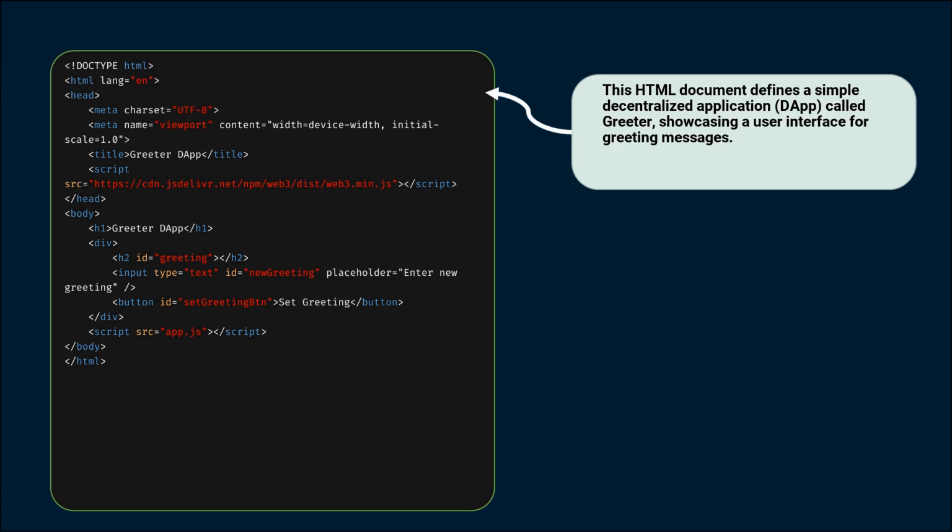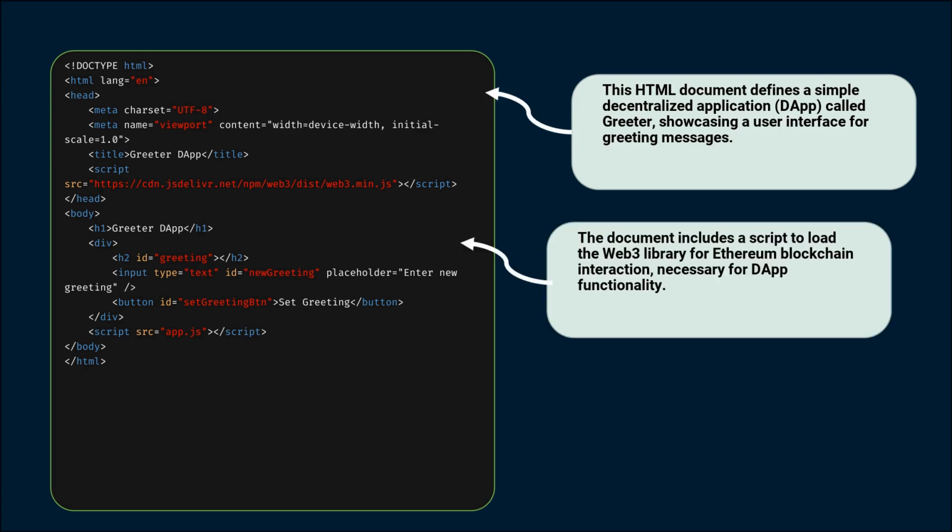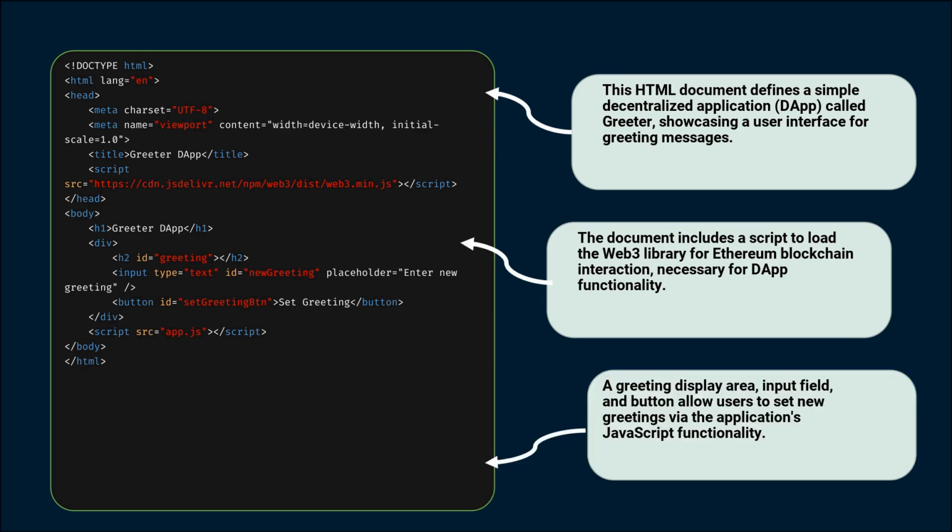First, we define the document type and set the language attribute to English in the HTML structure. Next, we include meta tags to ensure proper character encoding and responsive design on various devices. The title of our page is set to Greeter DApp, which will appear in the browser tab. In the body of the document, we create a simple layout that includes an H1 header indicating the title of